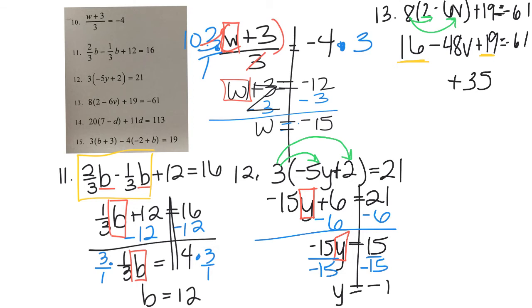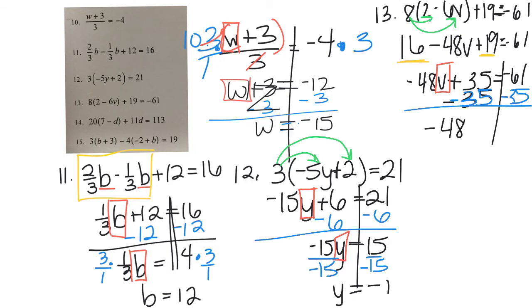positive 35 minus 48v equals negative 61. And we're going to subtract 35 to get rid of the addition, that's going to zero out. Remember, I want to get v by itself now. And minus 35 on this side. And I get